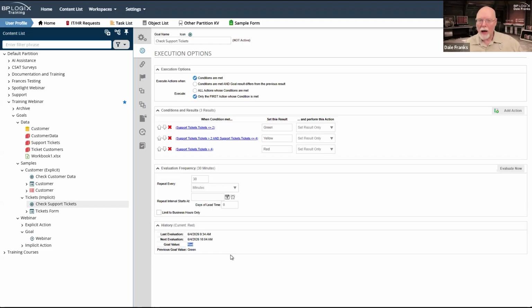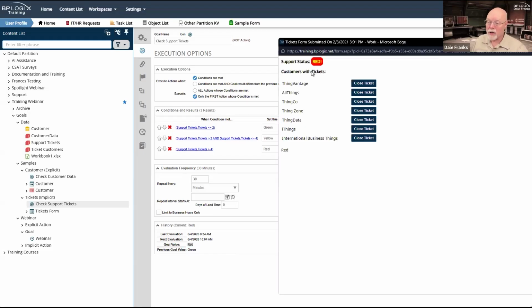Goals do not do that. Goals show you the value that existed whenever the goal was last evaluated, and the evaluation will never occur again until either its scheduled time arrives, and boy, we have to talk about scheduled time arriving, or whenever I manually invoke it by clicking the Evaluate Now button.